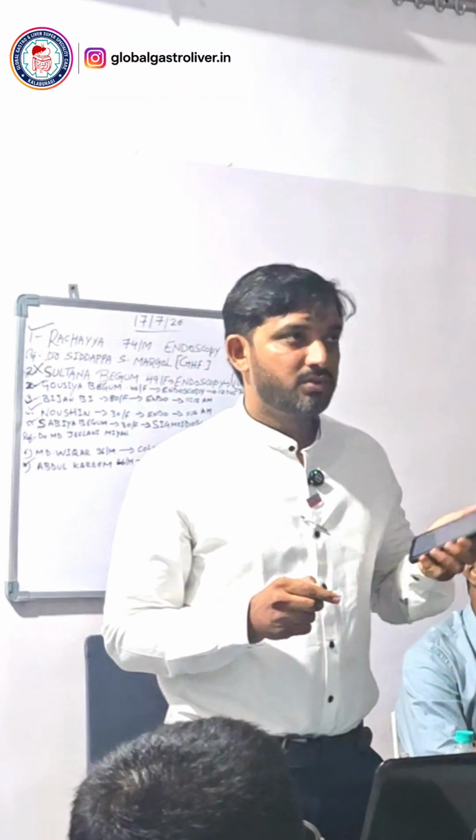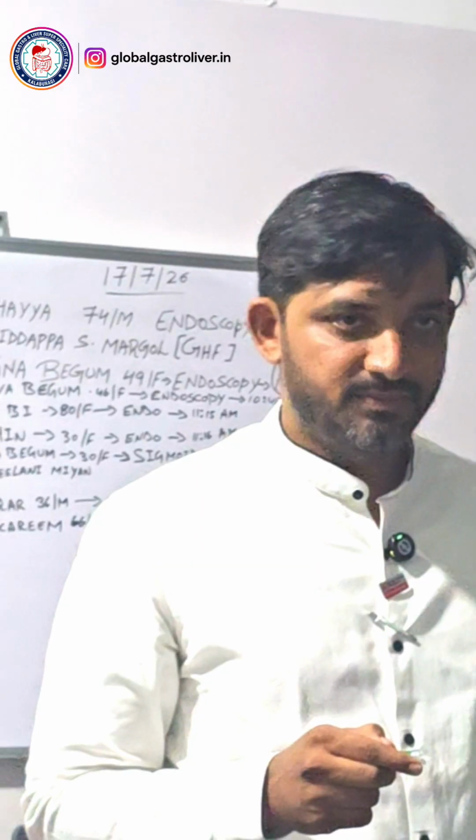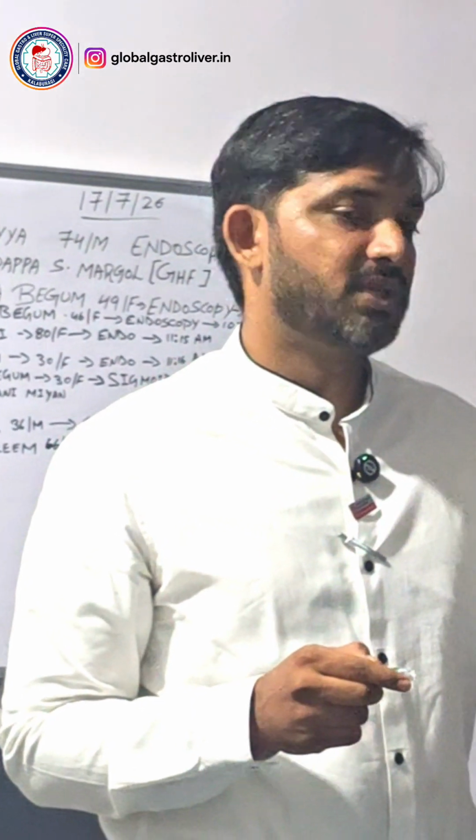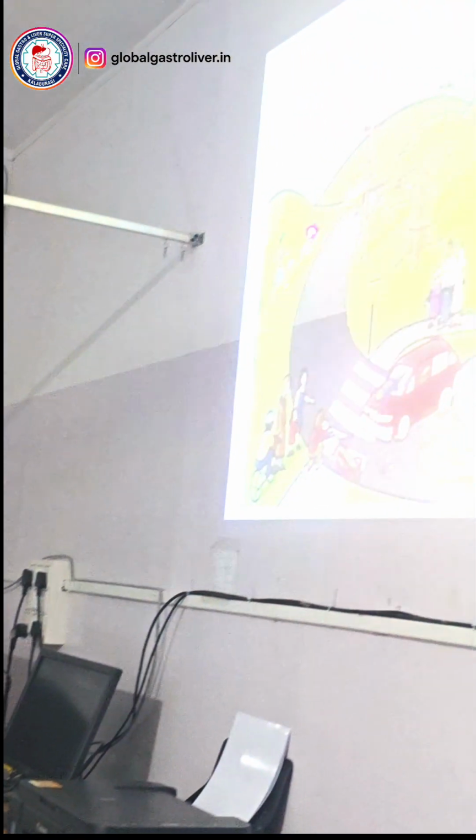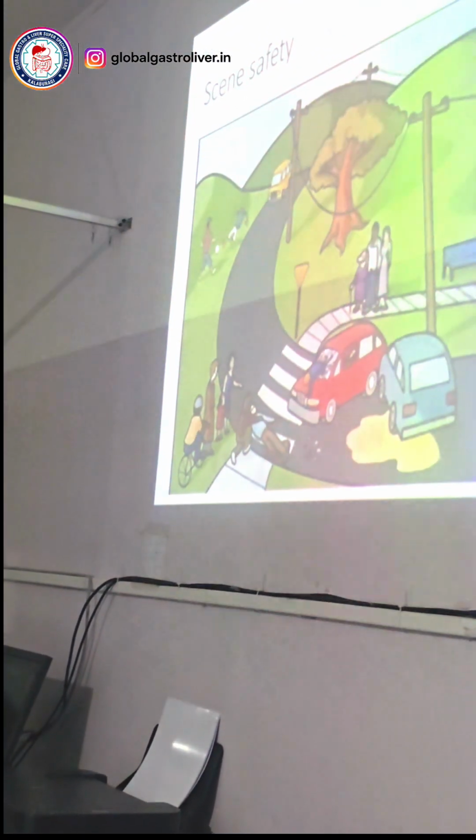If you triple tap someone's smartphone, it will directly connect to emergency. Everyone knows this. Then you go for rescue of this patient, get him to a safe place where there is no movement of vehicles, no movement of public,